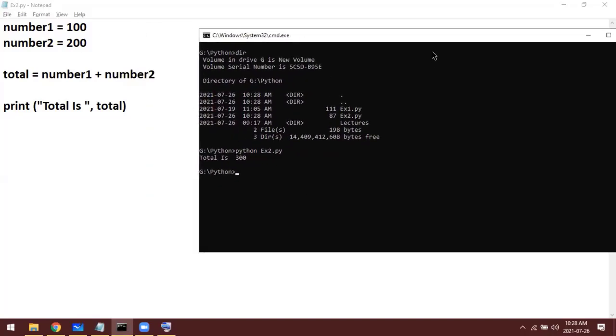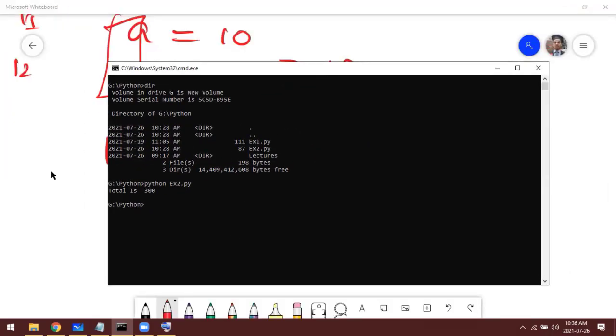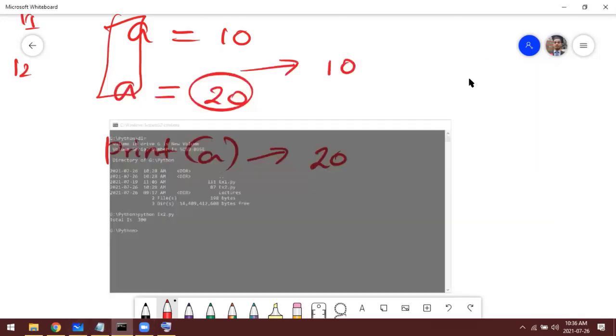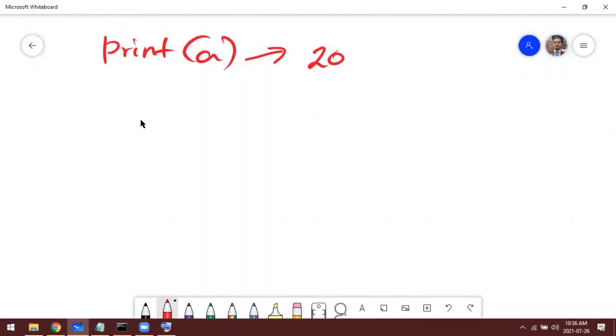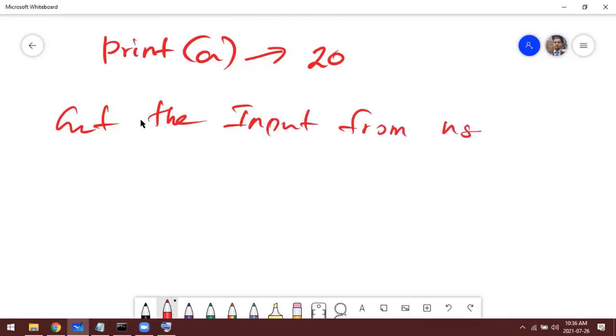So variable, the reason because, right, getting the output like this, right? So actually what we will do is, this is not actually what we need. We will modify this in such a way that we can get the input from user. So like a calculator, right? Anyone who wants to use the calculator can give their own value and get the output. So that's the ultimate purpose of programming, right?